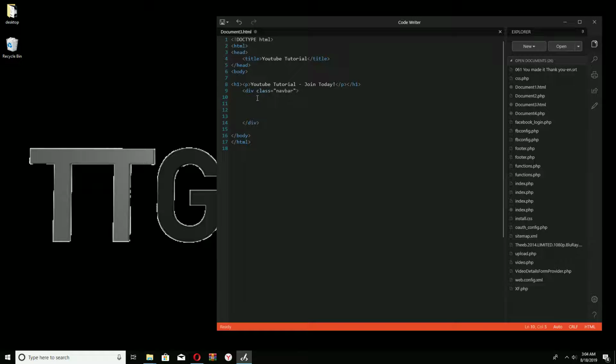Let's make our navbar. Let's make our home page. So our href equals home.php. Let's actually make it simple. Let's just make it index.html, home, and then copy that, paste that,